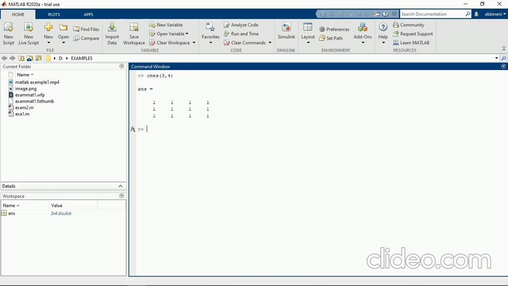If I provide a square matrix, there is no compulsion on the number of elements; we are free to give any number here. If I go with the size of the matrix, this is the result. This is our unity matrix.